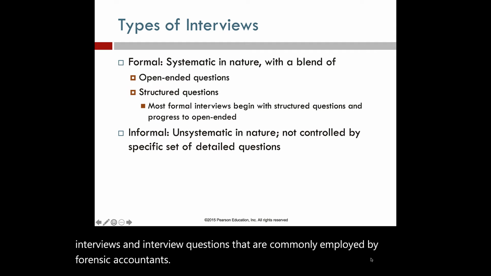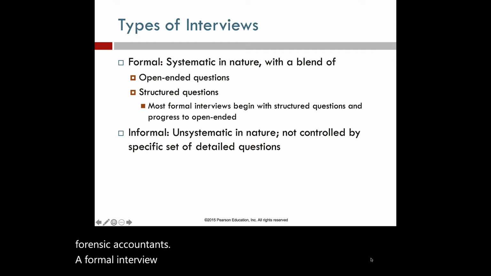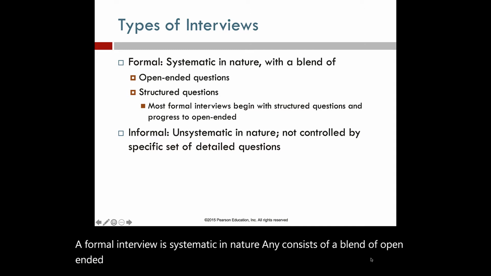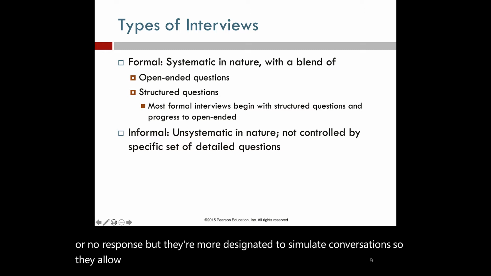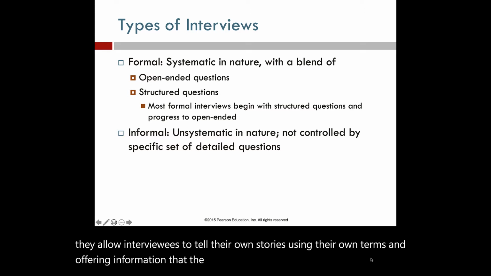A formal interview is systematic in nature, and it consists of a blend of open-ended and structured questions. Open-ended questions do not call for a yes or no response, but they're more designed to stimulate conversation. So they allow interviewees to tell their own stories, using their own terms and offering information that the interviewee considers important.